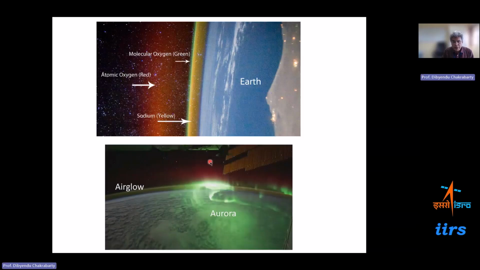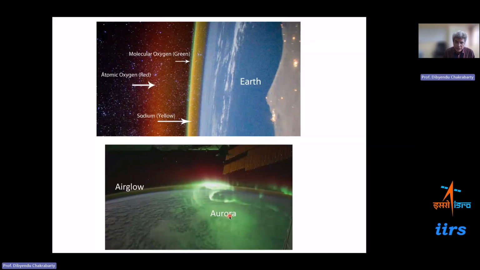One way to look at aurora is that if you go to the polar region, very close to the poles, you see auroras, or if you are in the International Space Station, you can see aurora at a lower height as well, because the space station is flying at around 400 kilometers or so, and you can see these auroras are at a slightly lower height. And as you go along the polar region, you see these green and red auroras in the sky. This is because of charged particles hitting the atmospheric atoms and molecules, exciting them. And when these atoms and molecules are de-excited, they create a faint emission, which is detectable.